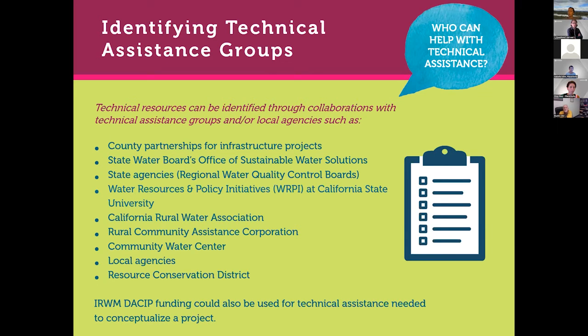Again, local agencies, so counties, municipalities, as Lynn was mentioning, they often, well, usually have paid staff, engineering staff to not only work on their projects, but oftentimes there's some kind of mutual aid agreement where they can provide input and assistance to maybe small water systems. And then again, Lynn mentioned the resource conservation districts. They can be a great source of technical information and also for helping to find funding.